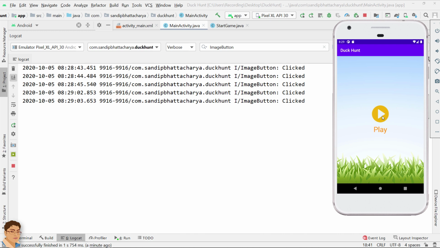So, to recap, I have covered a little bit about designing a basic XML layout. I have also shown you how to handle the click event on image button. Next, I will show you how to create a custom view class for drawing and animating game objects. We will start by setting a background image for canvas. See you there.